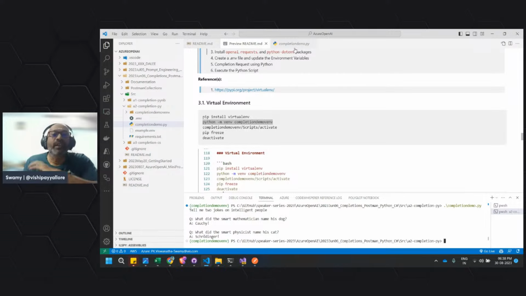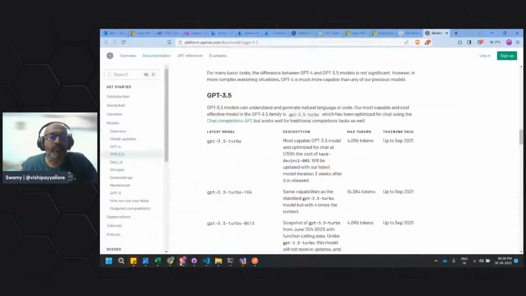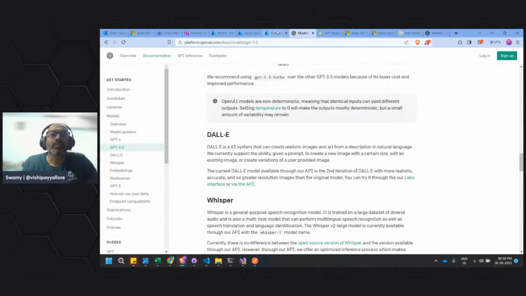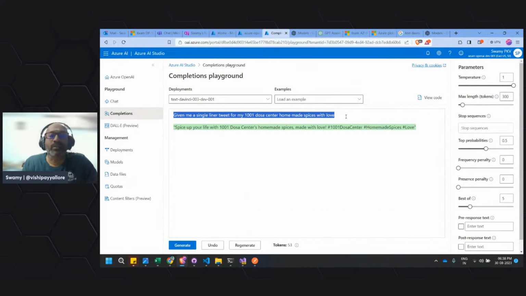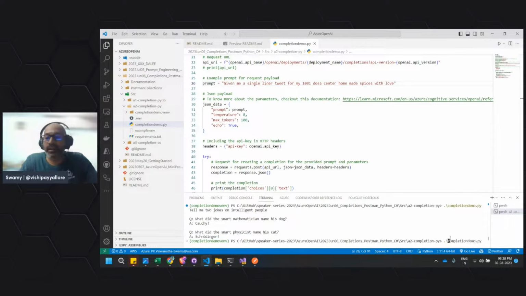But in the completion model, this is the prompt which we are sending, and we have the flexibility to change the prompt also. So let's make the dosa example. We'll come in here and use this. Now if I execute it,